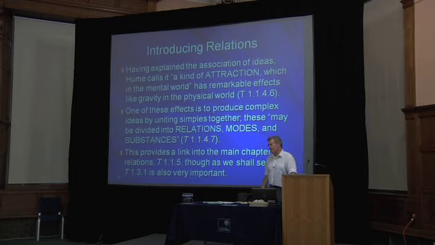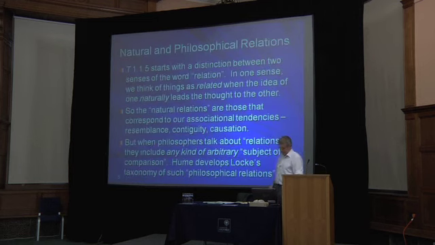I think what Hume is doing here is he's trying to be systematic. He's trying to say, look, I'm going through the contents of the human mind in a very systematic way. We've talked about association. That leads to complex ideas. What are the types of complex ideas? Here they are. I'm now going to deal with them in turn. But in fact, of these, relations is far more important than the others. So he starts with a distinction between